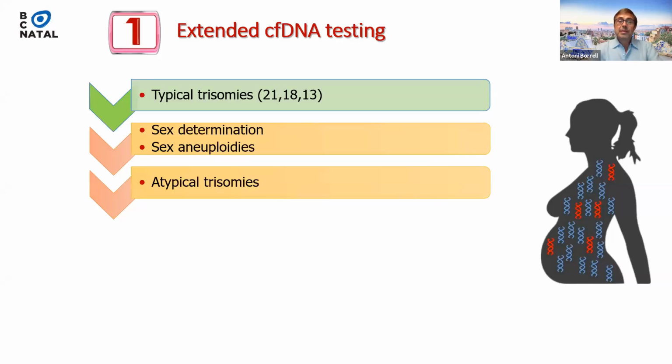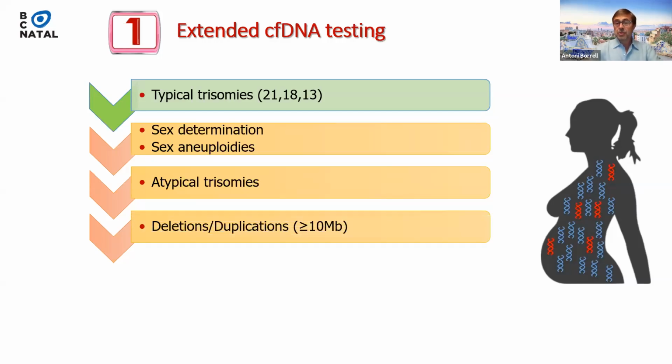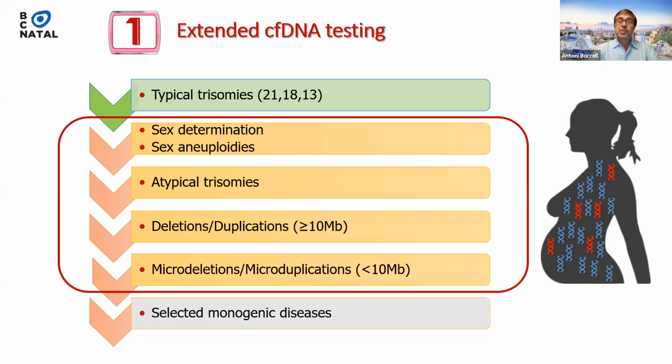Then also atypical trisomies, so trisomies that are not 13, 18, 21, then deletions and duplications, the large deletions and duplications that can be seen in a karyotype, also microdeletions and microduplications, the small deletions and duplications that cannot be seen in a karyotype, and finally selected monogenic disease, but we will not deal with this point,